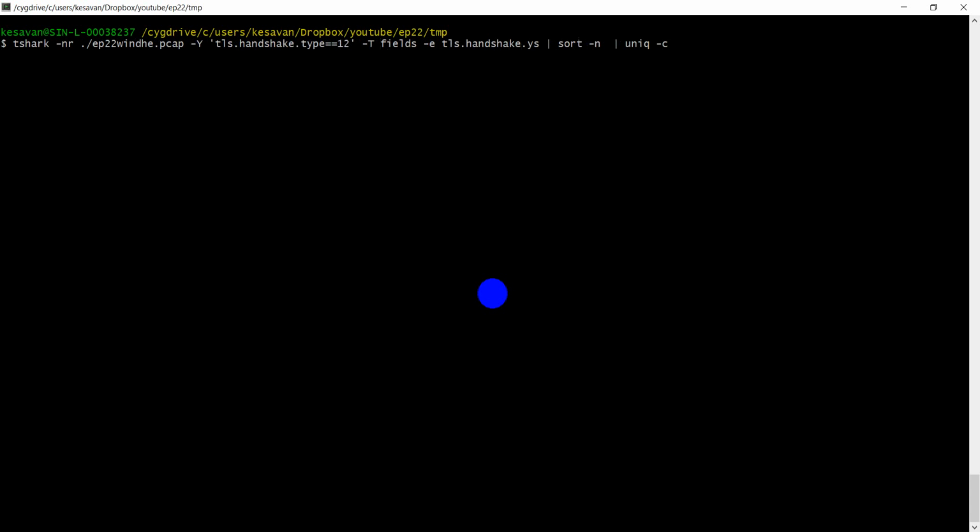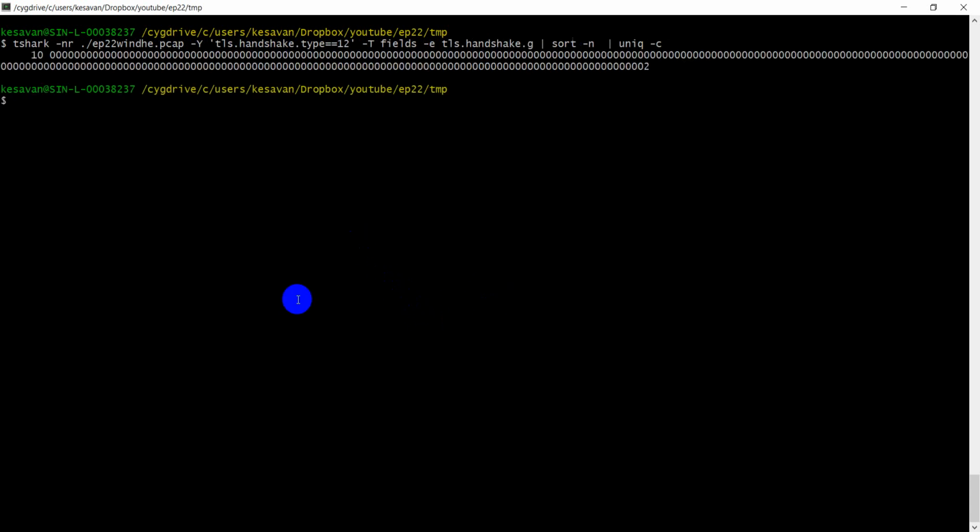What happens to my G value? My G value is getting reused for all the 10 times. But if you notice, something different happened. Previously we saw the G value as 02, but Windows has this stupid behavior. Because the size of the prime number is 2048 bits, it will also keep the size of this 2 as a 2048-bit number, with all the prefix 0s.